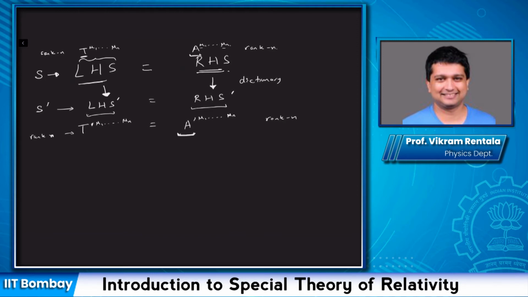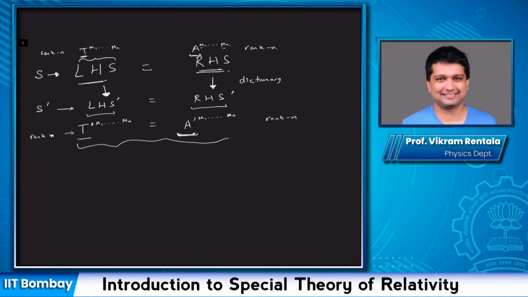If this is true, we say that the laws in frame S prime take exactly the same form as the laws in frame S. It's just the same tensor T is equated to the tensor A. It's just that you have to use a different or transformed tensor T prime, and a different transformed tensor